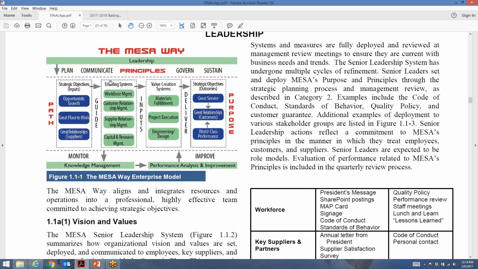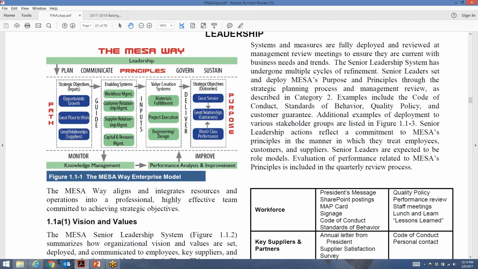For us, there are some key work processes. Those are the things in the middle, and there's some strategic objectives. So our leadership is planning, and we're operating through systems. We're achieving some objectives, and then every once in a while we kind of measure and analyze and improve. And so that's just a PDCA cycle with leadership at the top and key work systems. So however you can paint the picture for your organization, I think if you can do that, then all the better.